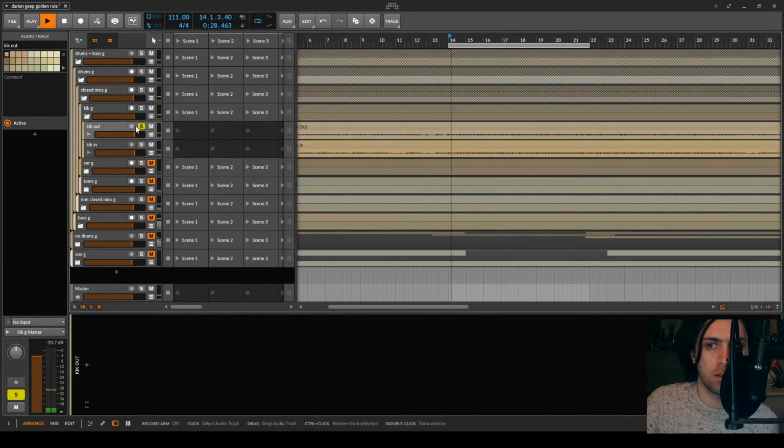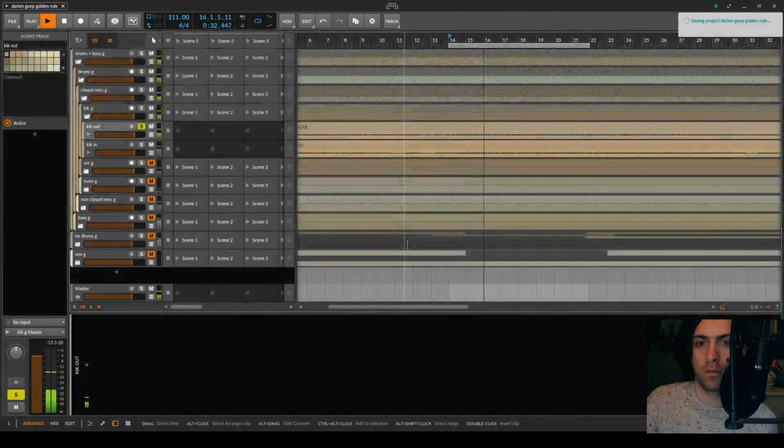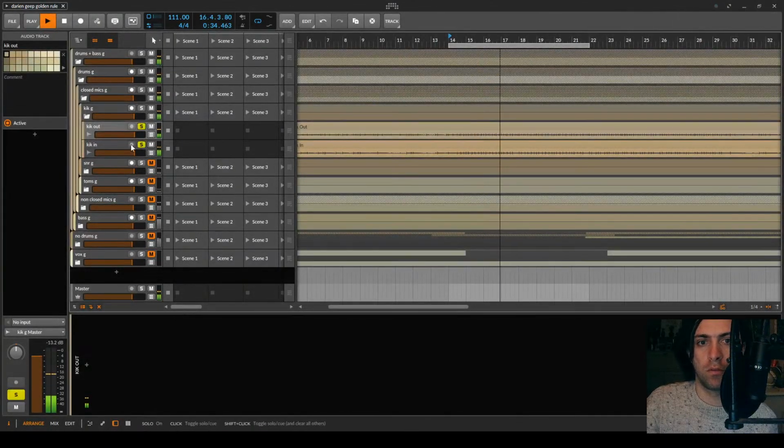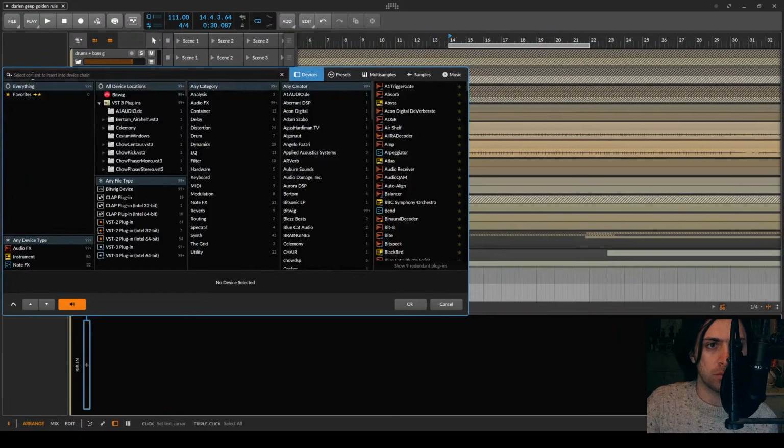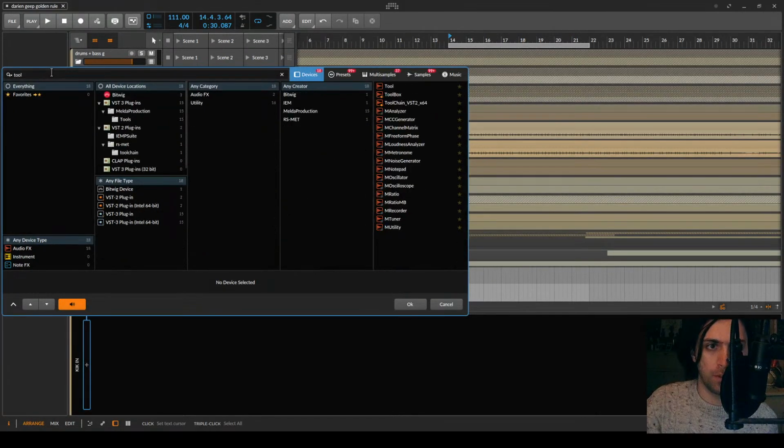Starting with a kick. So we have this kick mic and this one. And the second one already sounds like it could help us a lot in getting a kick sound that has a lot of warmth in it.